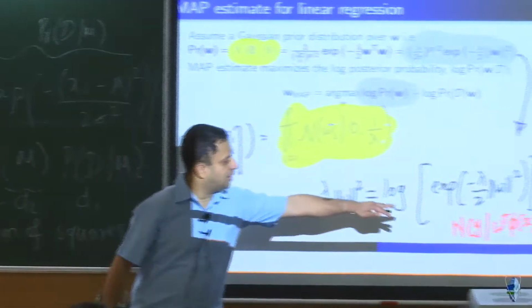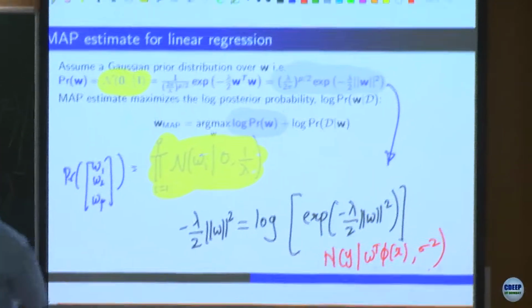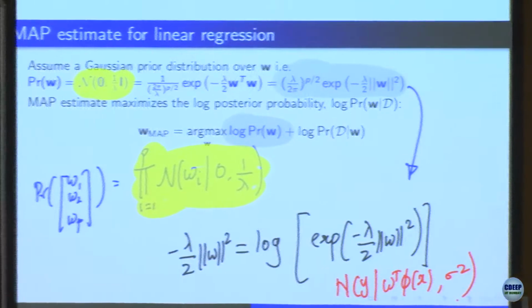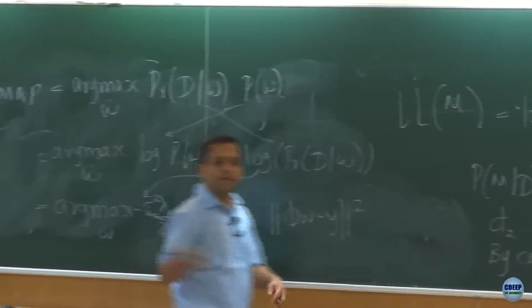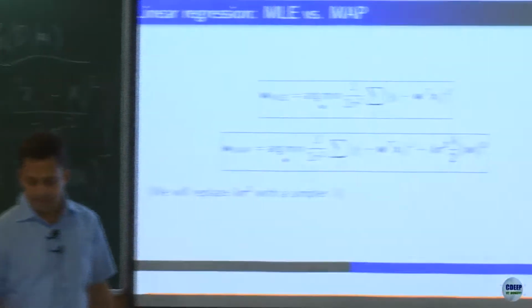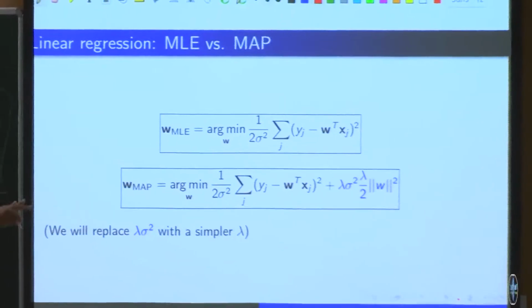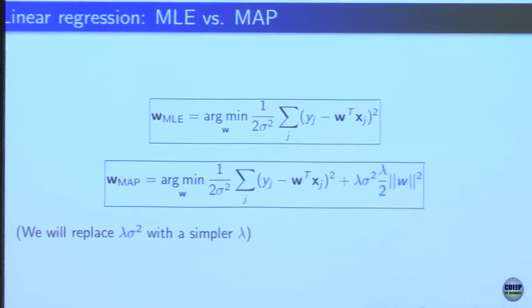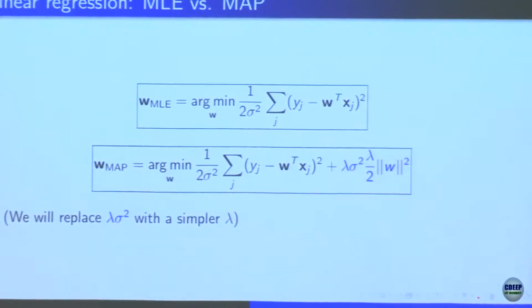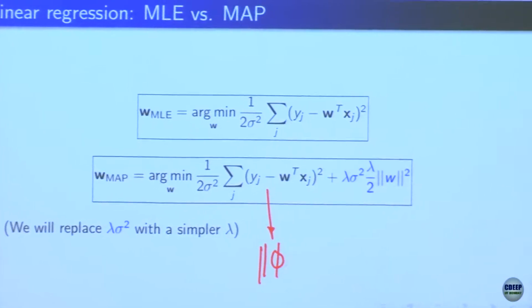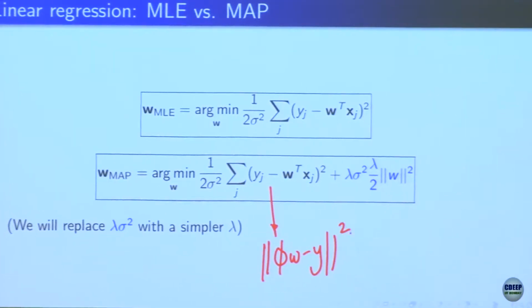Because after all, this y component has a sigma square that comes here. With some multiplying throughout, you will get sigma square in the numerator along with lambda. So this is what I wanted to show, that W MAP is basically this form: the original sum of square error, this entire component,